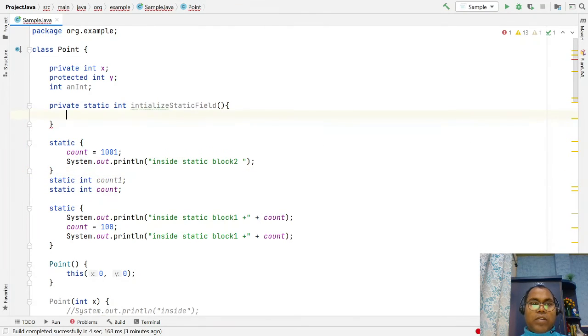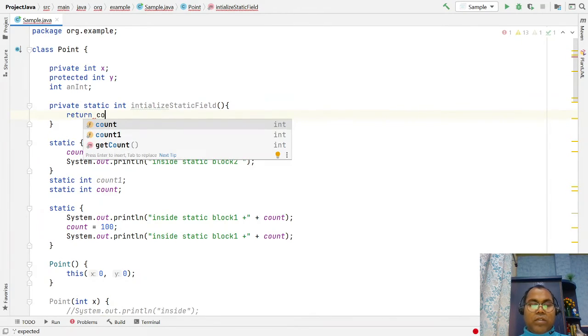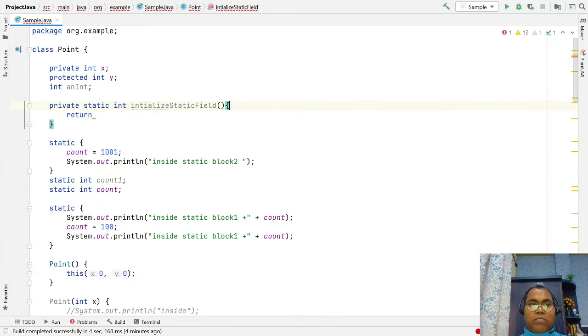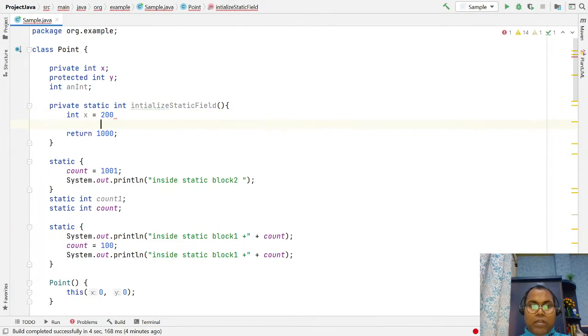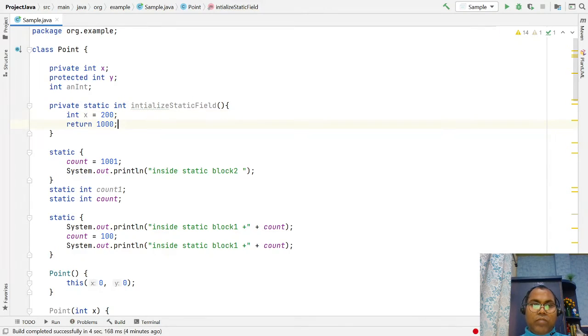Okay, here you can say return, maybe return, maybe here initialize some 100. Maybe here integer x equal to like 200, and then simply maybe you can do x multiplied by 100.